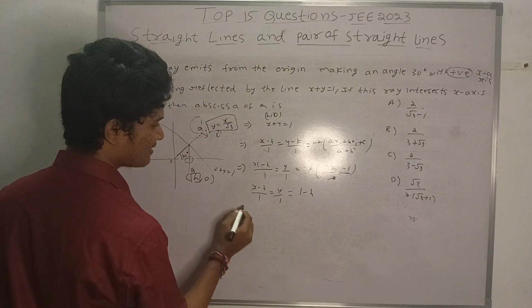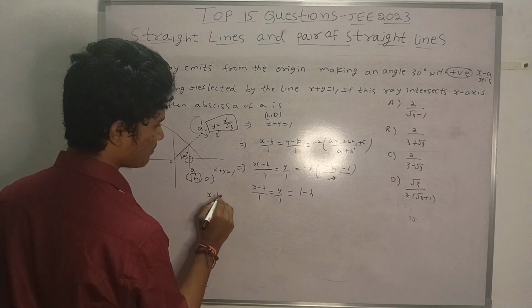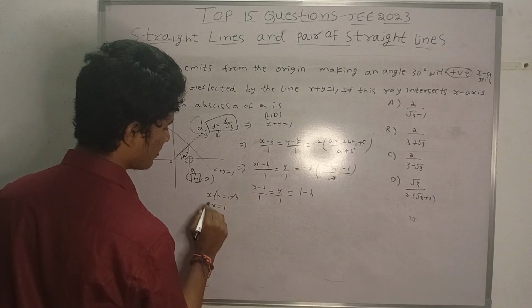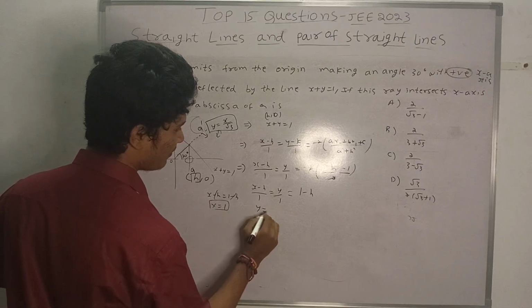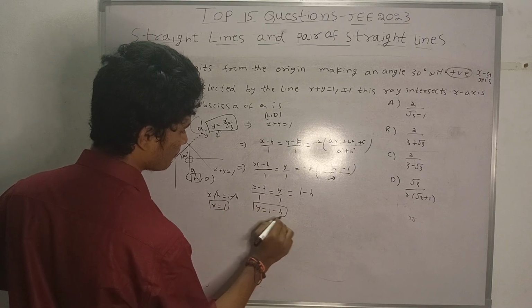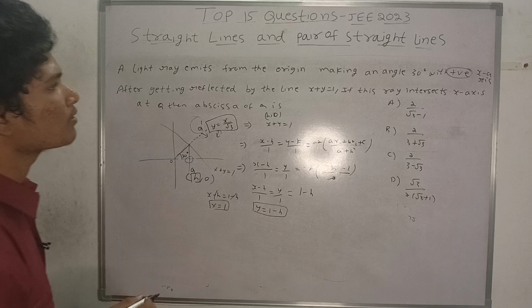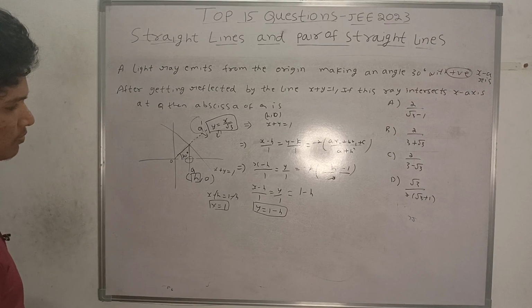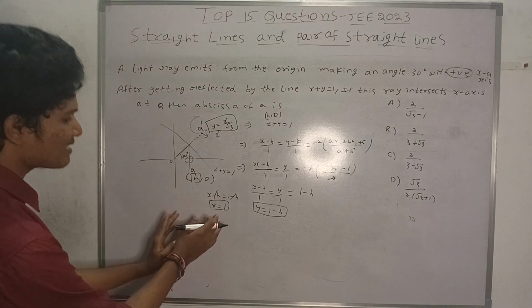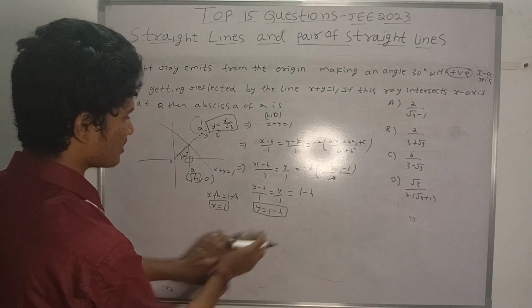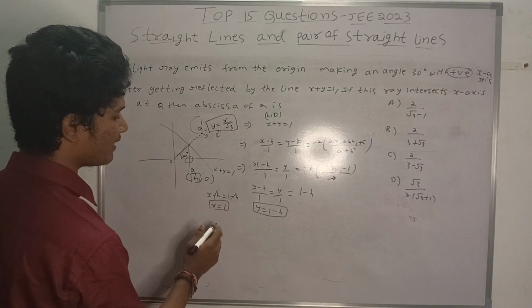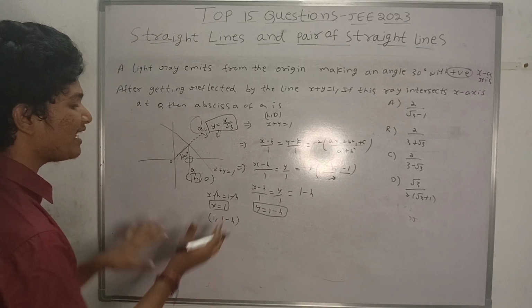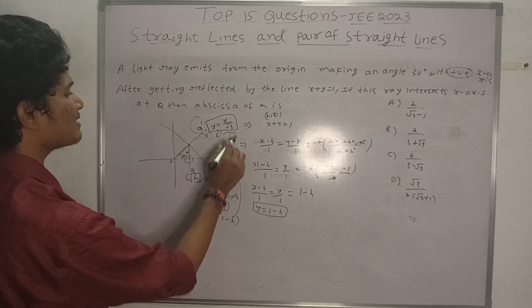So basically x minus h equal to 1 minus h, that is x equal to 1 here, and what is y, that is 1 minus h. And x equal to 1 and y equal to 1 minus h. So basically this is the point, that is image 1 comma 1 minus h. We already know the image is lying in this line.